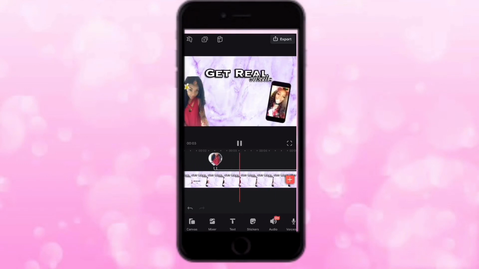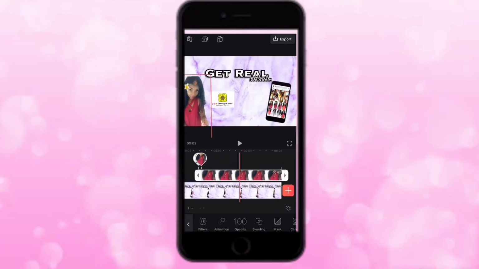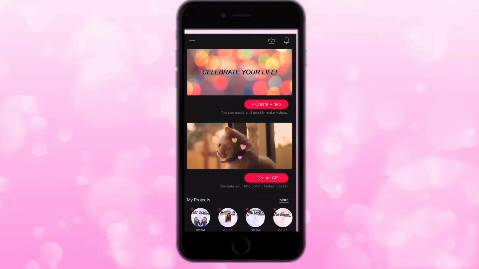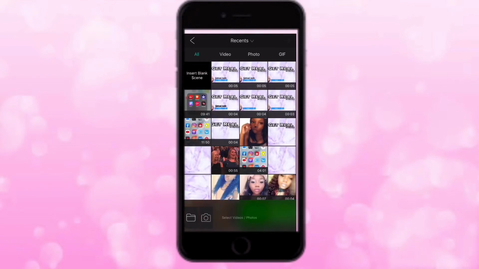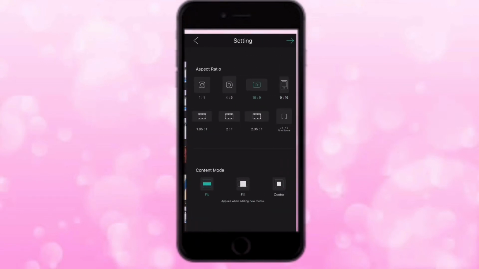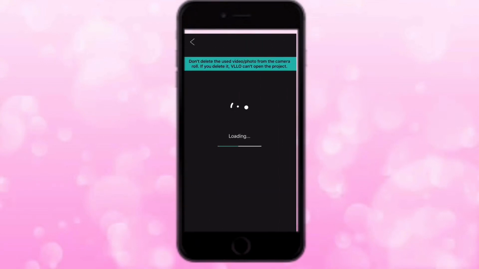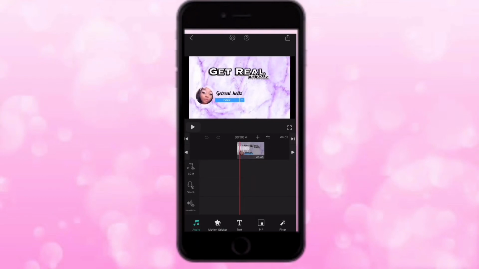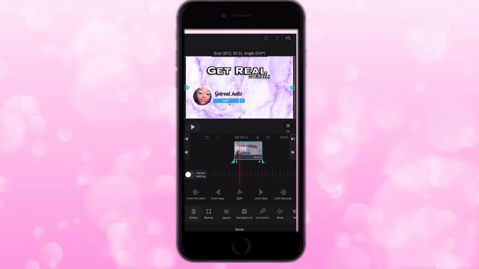One thing about using Video Leap, you have to ensure that they do not overlap, so you want them to be exactly behind each other. Okay, so now I'm back in VLLO, and you're just going to click. So this is already there. What I came over here for, I think I wanted to add